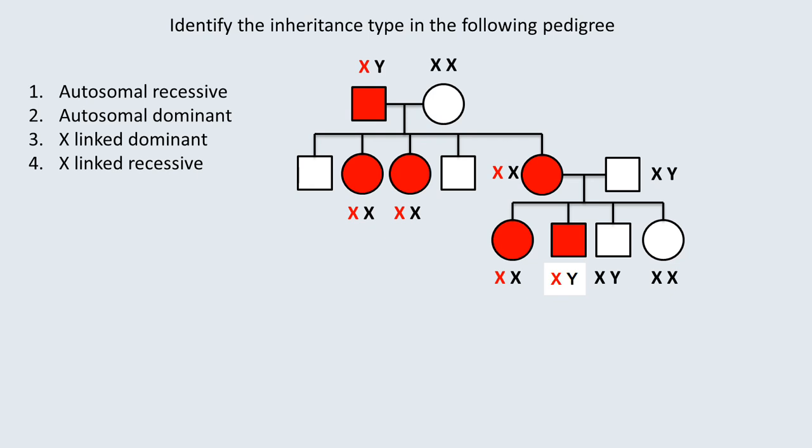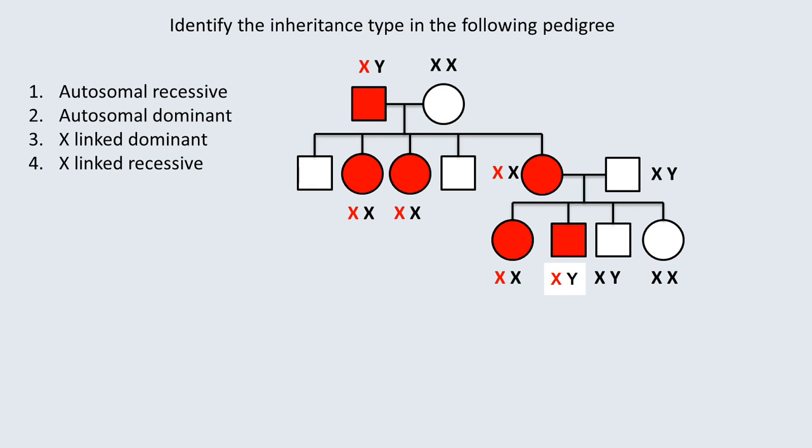But why not autosomal dominant condition? No, we have to go back to the same discussion from the previous video, where we had discussed one salient feature of the X-linked dominant condition. Affected male individual will transmit the trait to all of his daughters, right? So you can see that the first generation father who is affected, he has given the trait to his daughters only, not to his sons.